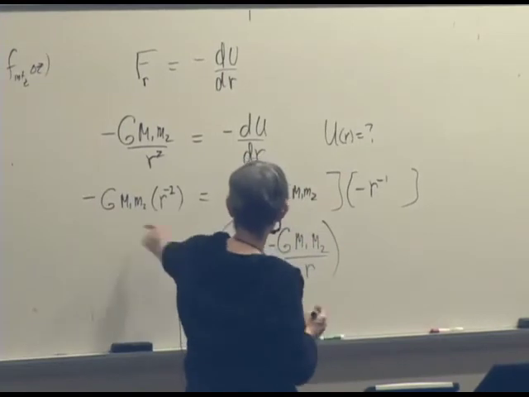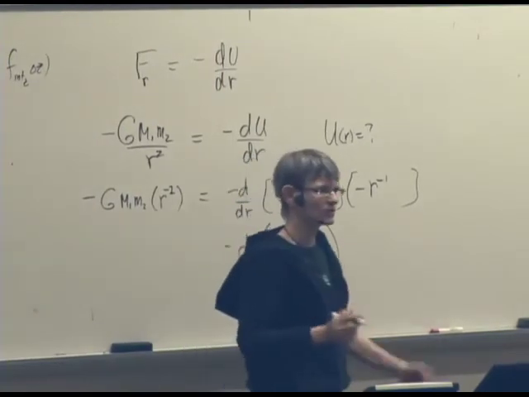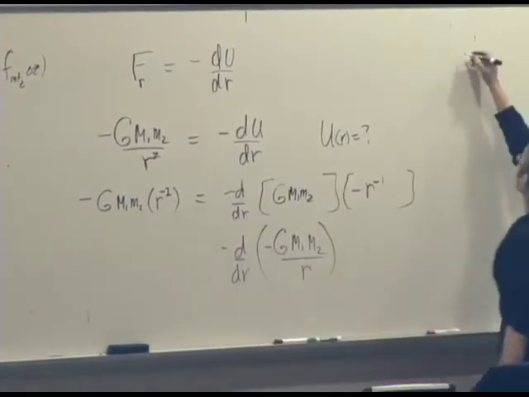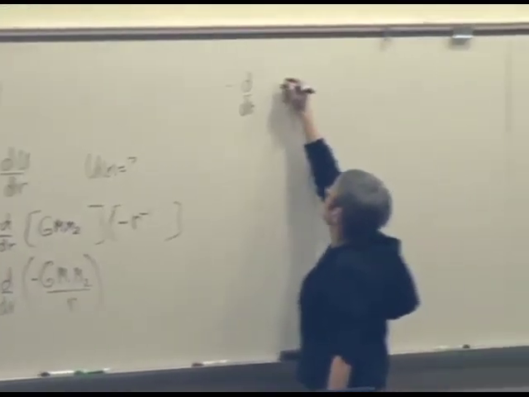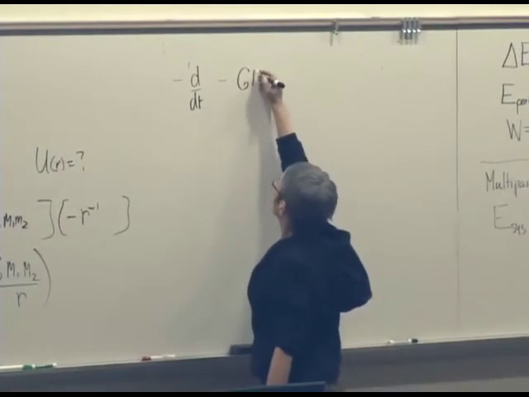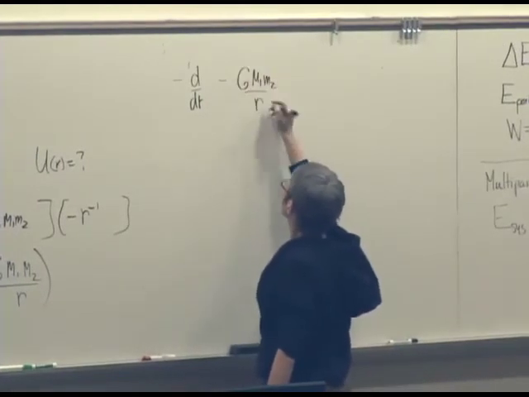So let's differentiate it and see if we actually get the gravitational force, just to be sure. d/dr of minus G M1 M2 over r